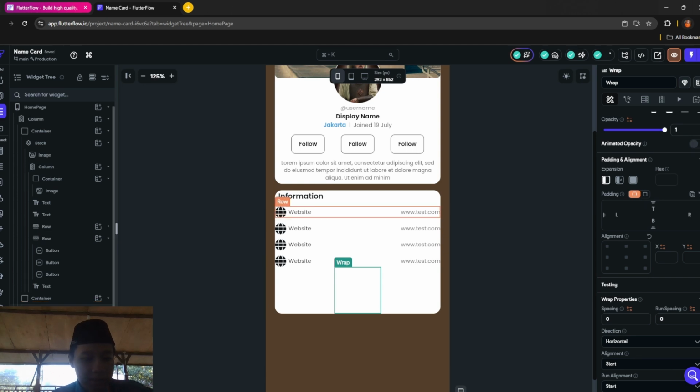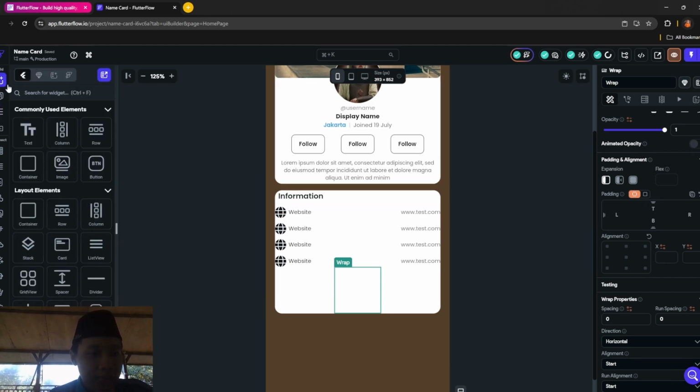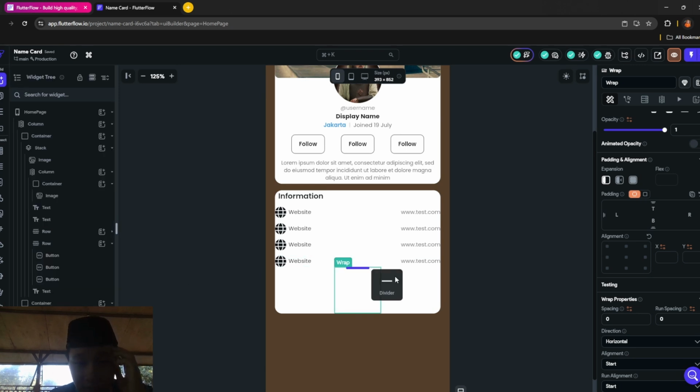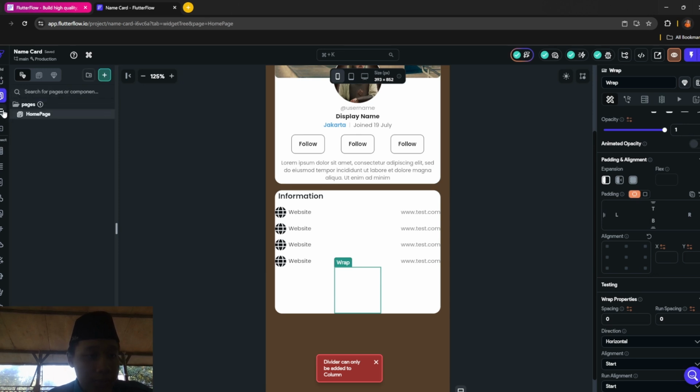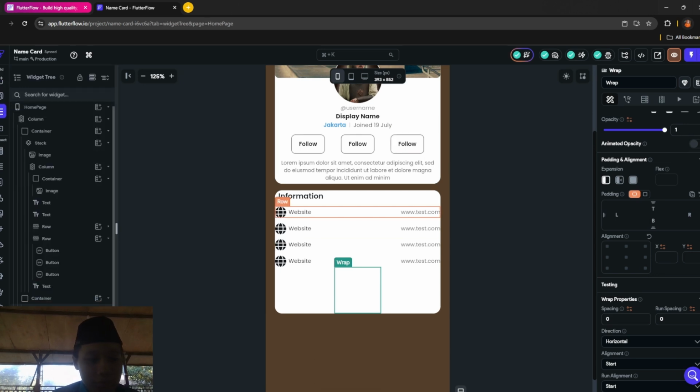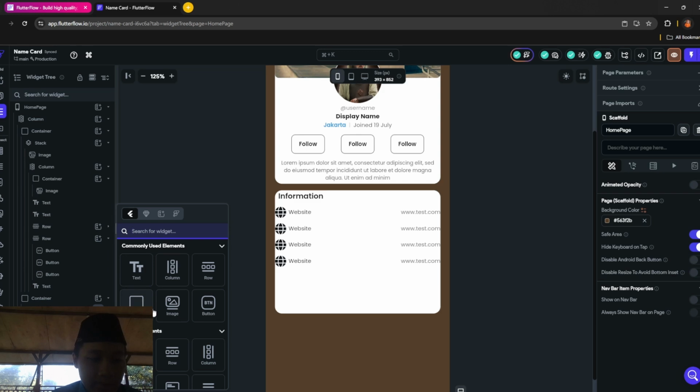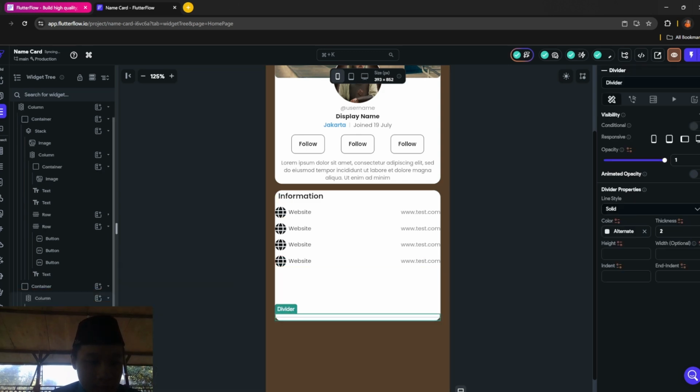Okay, now you want to add a divider, a normal divider in the column. Make sure to place it on top of the wrap. If it's like this, you want to place it on top like this, boom.